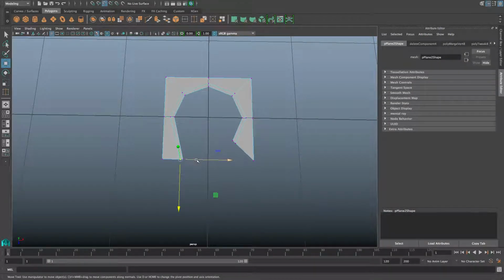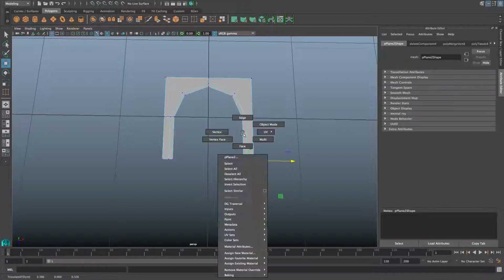I'm going to take this vertex, hold down the V key, and push it along this axis, but pointing at the same time to this vertex here. I want it to be aligned with this one. I'm going to take this one and do the same with this vertex. So hold down the V key, push in this direction, but point here, okay, and release. And let me do this quick. That way